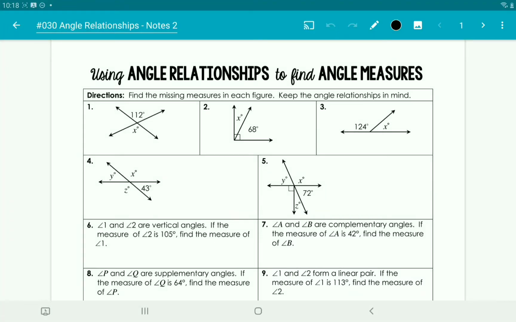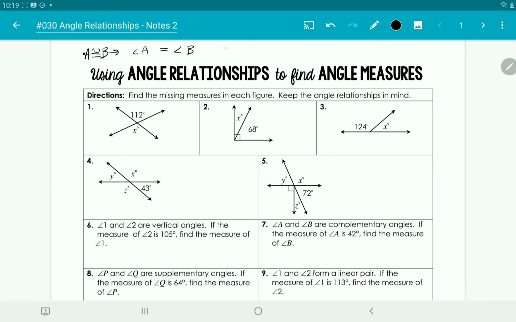So now we're going to be looking at using the angle relationships that we looked at in the last video to find angle measures. So there's a couple things you got to look at. Either they're going to be congruent to one another, and so you're going to put one of the angles, let's say angle A, equal to angle B. You're going to put them equal to each other. So if angle A is congruent to angle B, then you're going to set an equal sign between them and